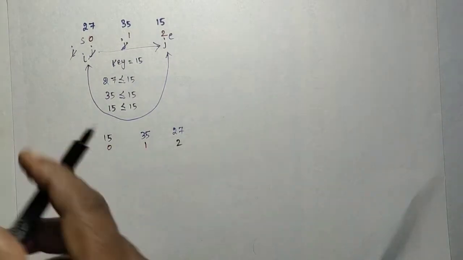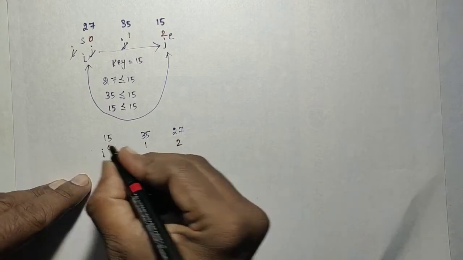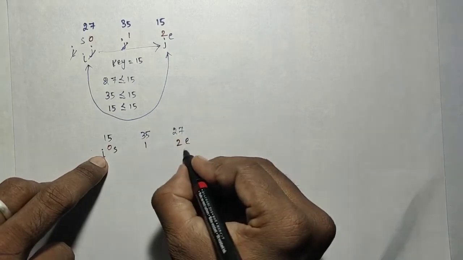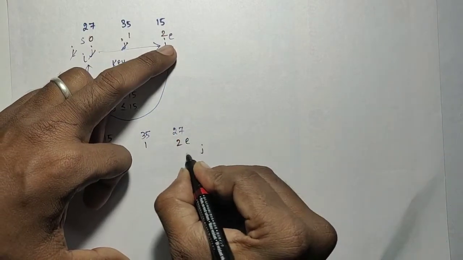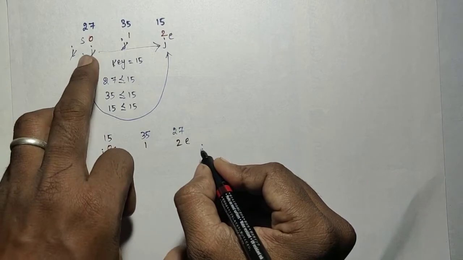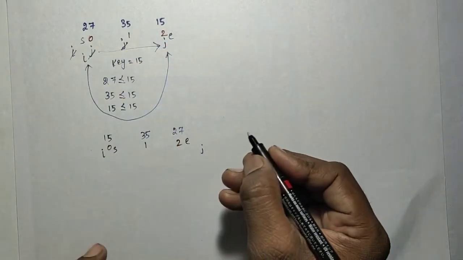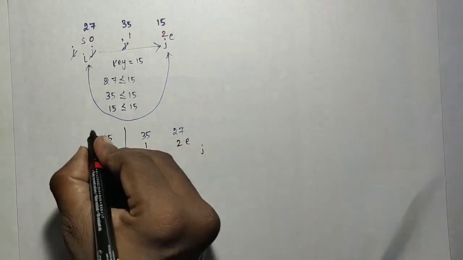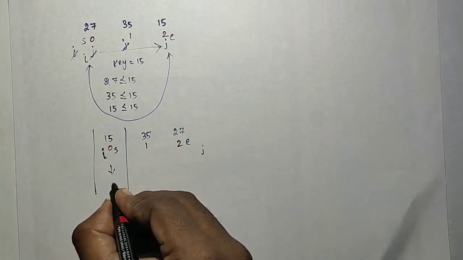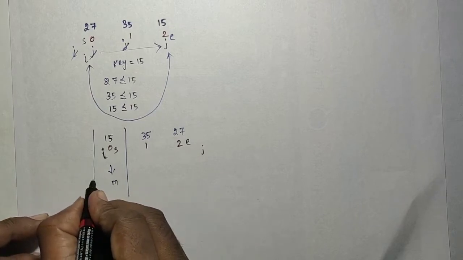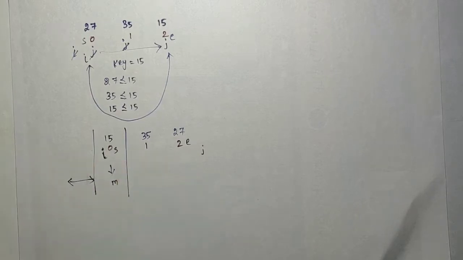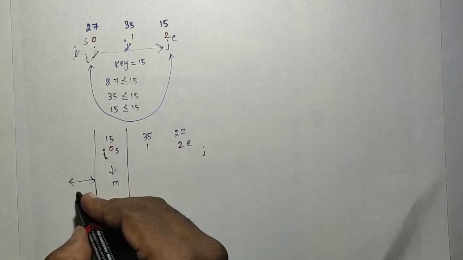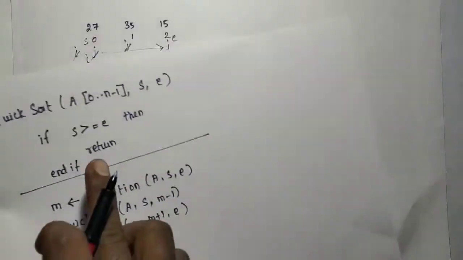And then here this is the i, and this is the j, and this is s and e. j will be moved to 3. So j will be incremented only up to e. So the iteration will be stopped, and i will be returned. Here this will be identified as m. If you apply quicksort for the first half, there are no elements, so no quicksort will be called for here. Invalid index means it will just return here.